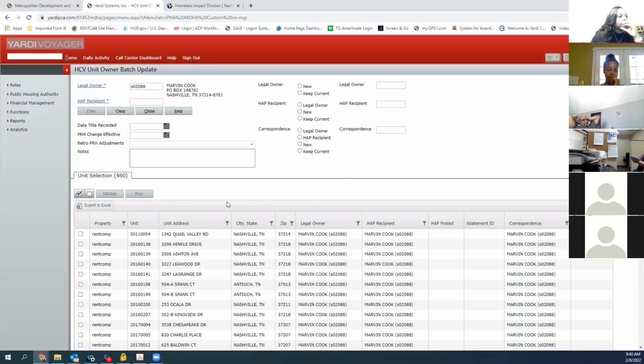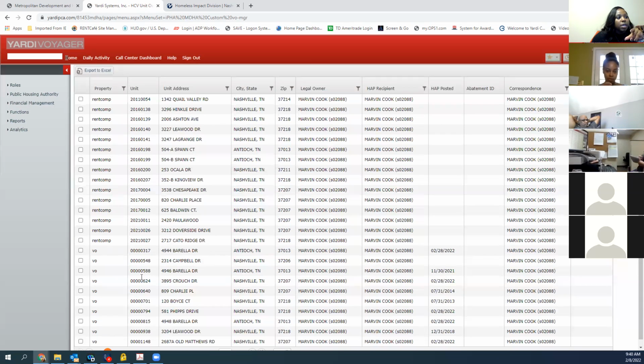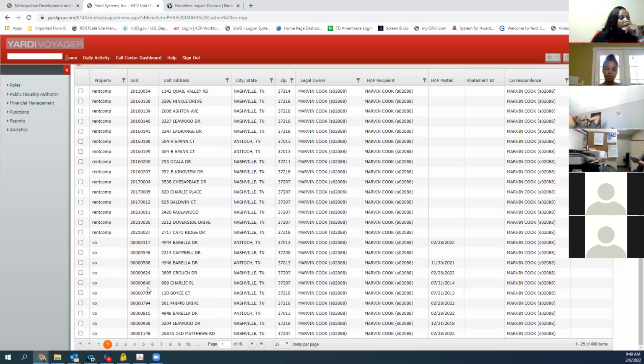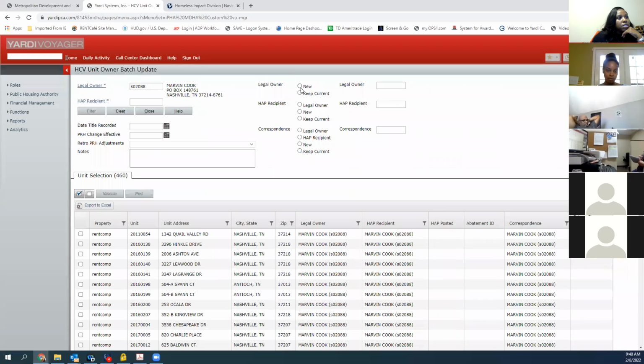So there's 460 units on here, right? For Marvin. And some of these are not necessary. Some of these are rent comp, they're still just tied to his name, and then some of these are regular VO units. So let's just say that I was going to change it to